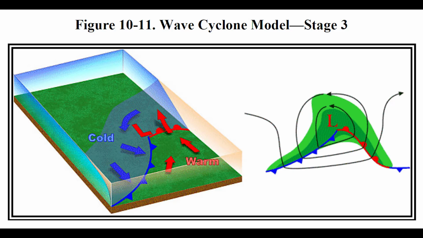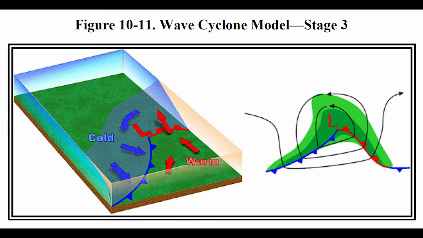And if we think about what we talked about, the warm front is very gradual. Ahead of it you have clouds which slowly get lower and lower as you get towards the warm front, as it moves towards you. That is that area of green shown here in figure 10-11. As it gets darker and darker green, that would be the clouds that get lower and lower and more widespread precipitation. Whereas the cold front